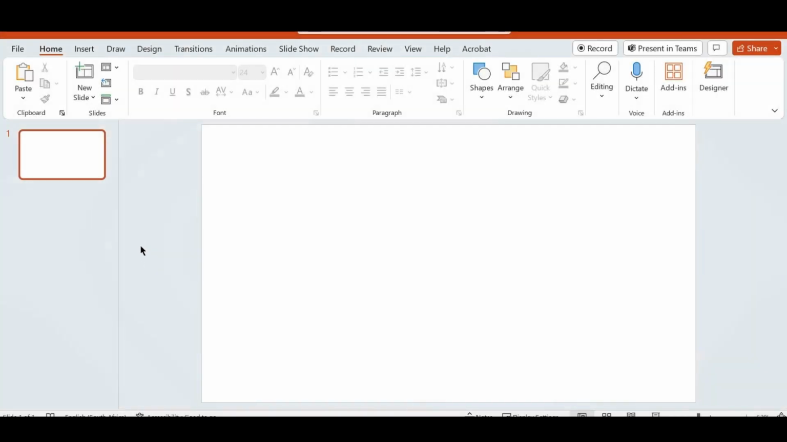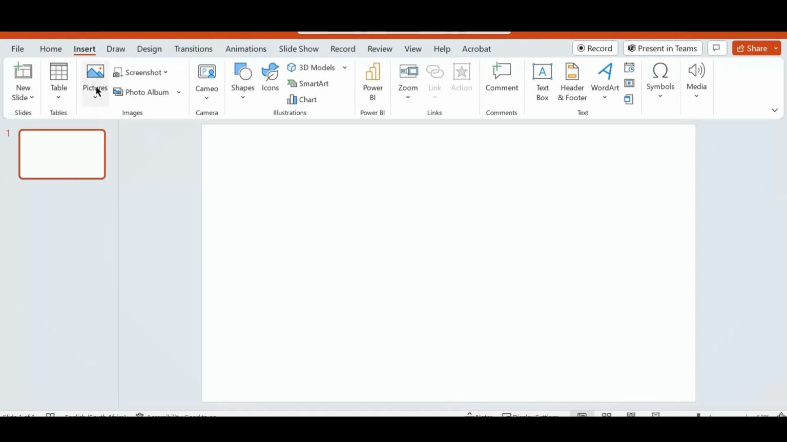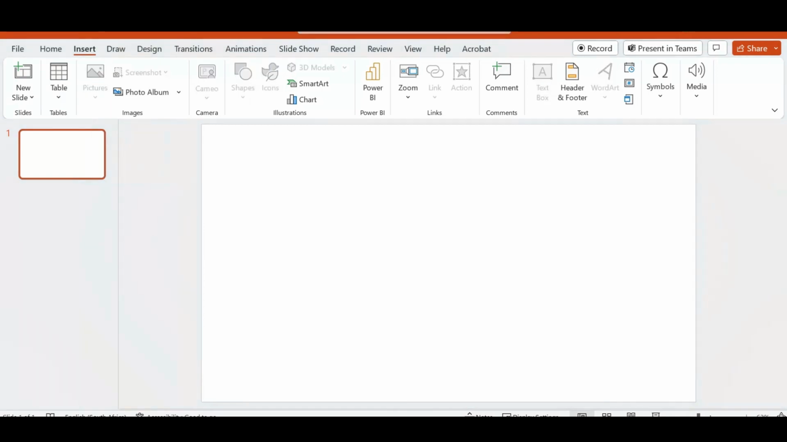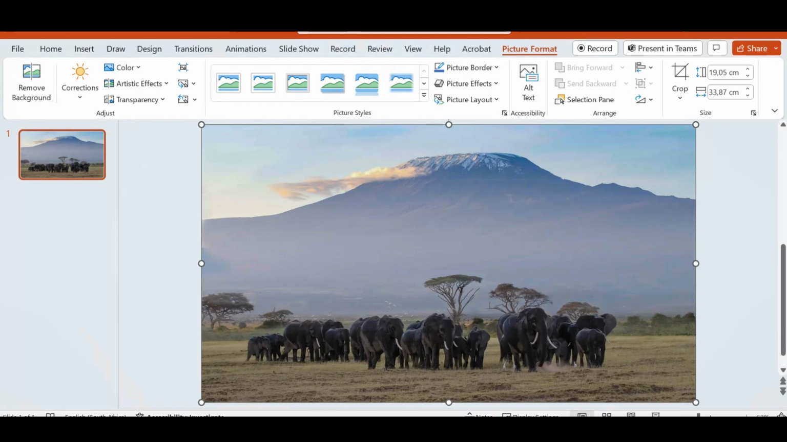So to get this awesome slideshow done, here is the step-by-step guide that you need. First of all, we are going to head over to the Insert tab at the top of our ribbon. I'm going to click there and we're going to insert a picture. From here you can select where this is coming from. I'm going to select from this device and I'm going to insert our picture that we want to use for